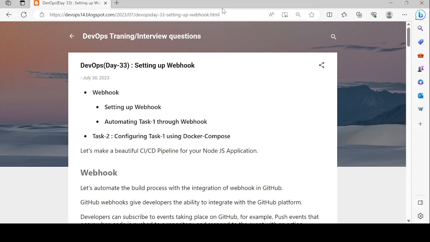So today we are going to discuss setting up a webhook. In this session we are going to discuss what a webhook is, how to set up a webhook in GitHub, and how to automate Task 1 through a webhook. Task 1, which I explained in the previous session, we are going to automate in this session through a webhook, so that whenever we commit a change in GitHub, the build should trigger automatically without the interference of